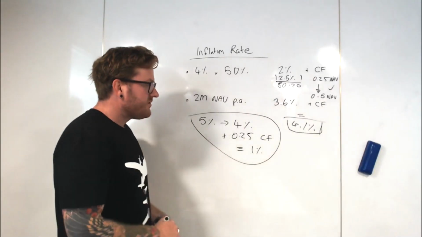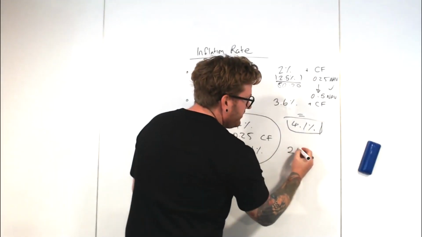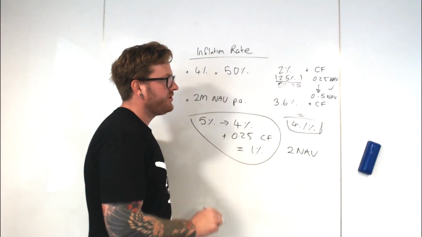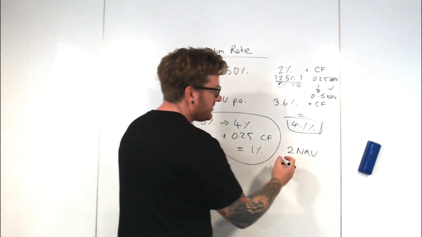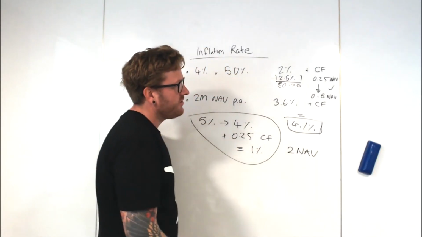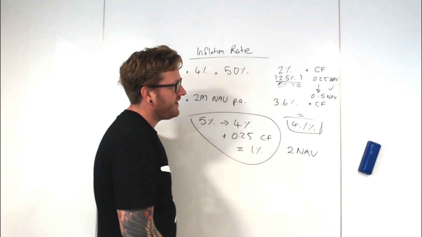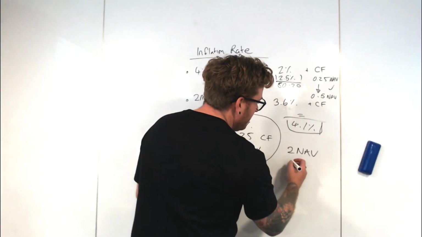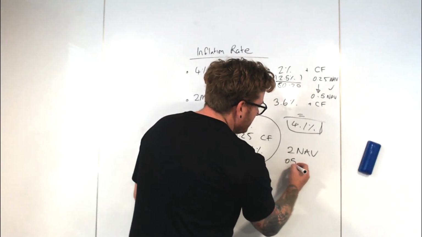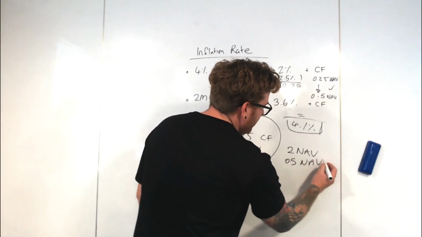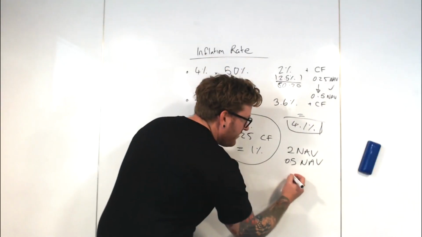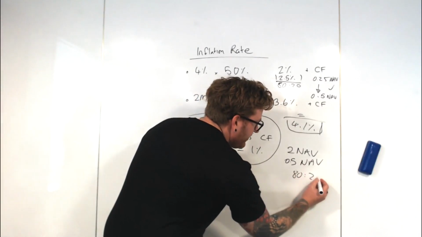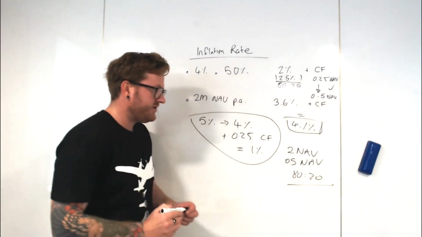So when we change to a static block reward, we're going to have 2 NAV per block. So if we only had 0.25 NAV per block to the community fund, that throws out that ratio basically and makes it like a 90-10 ratio or something like this, right? It halves it basically. So what we're suggesting is to increase the community fund to 0.5 NAV, and then that means it retains this 80-20 ratio as originally intended.